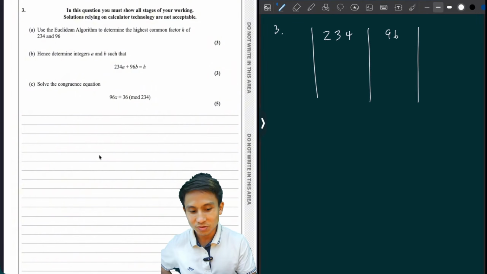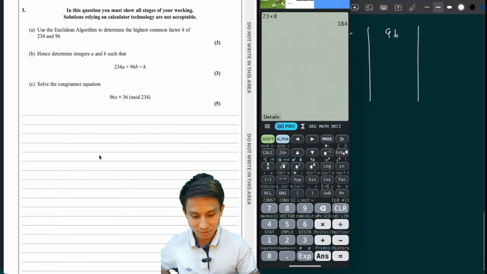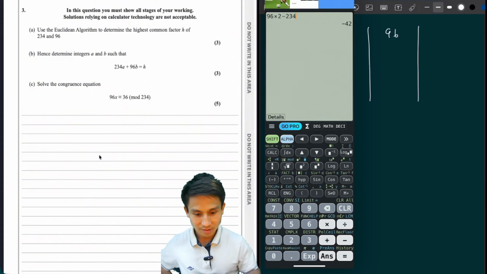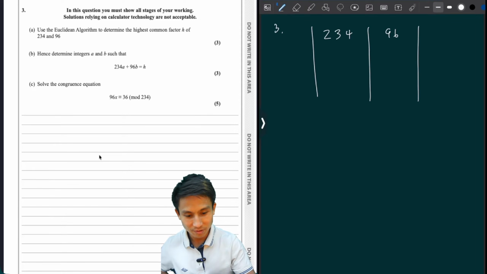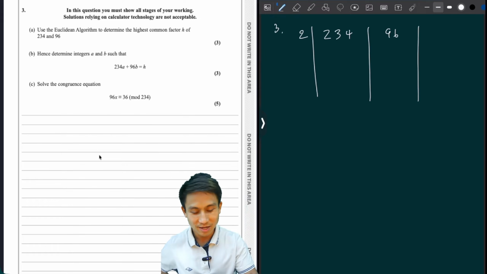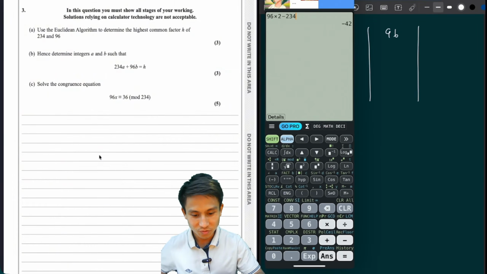So we're going to use 96 to divide 234 first. So what do we get? 96, I think that's about 2, right? So 96 times 2, we get that. Subtract from 234, that's remainder 42. So I'm going to write here 2. So 2 is the quotient, yeah? And when you do 2, you're going to get,